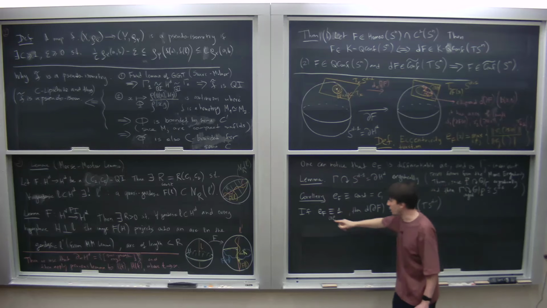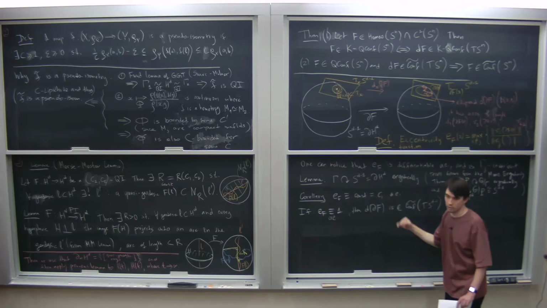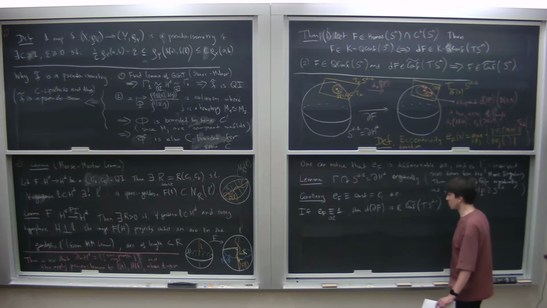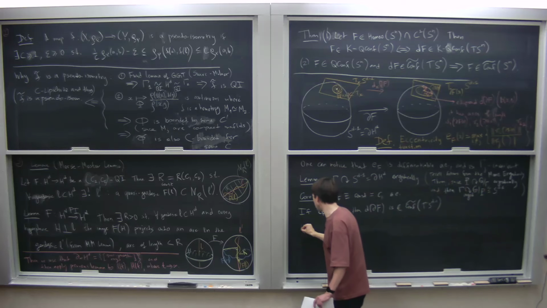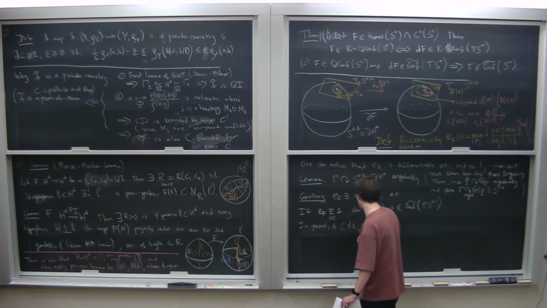So I need to show that in fact this constant is indeed 1. If it is 1, then it's good. In general, if C is not equal to 1,